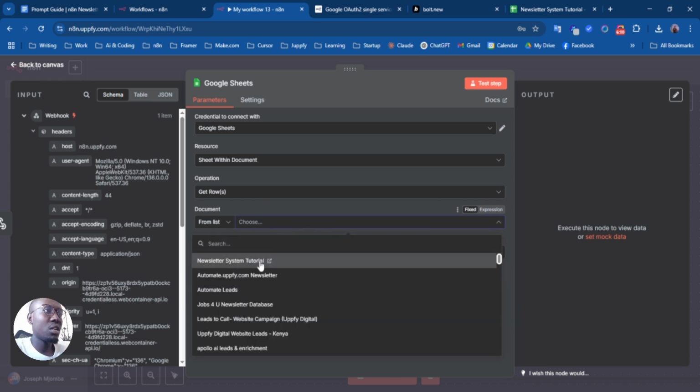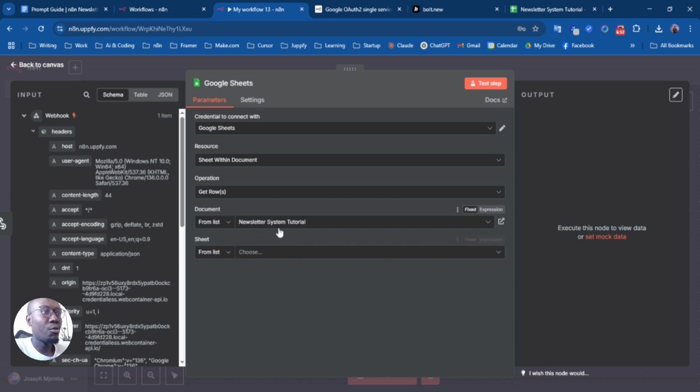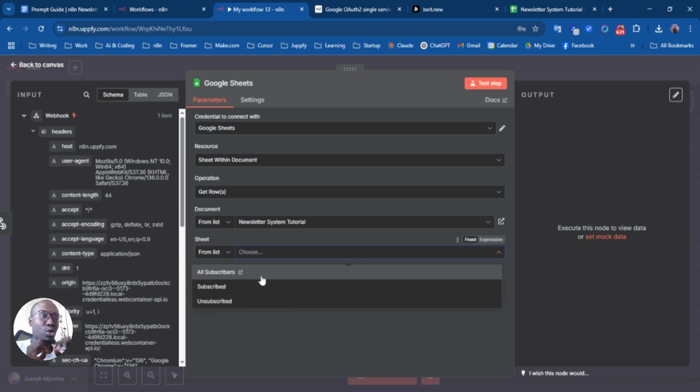It's the first one here. You can just find it there from list. Make sure this is from list so that you can see them and find them. Then the sheet, we are going to pull from all subscribers. We're not going to pull from subscribed, right? Just going to pull from the entire thing so that if they exist in the database, then there's no need